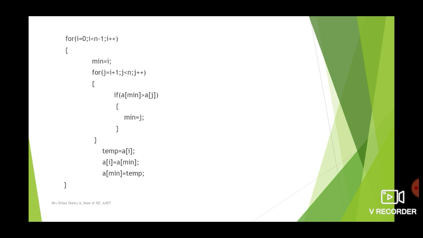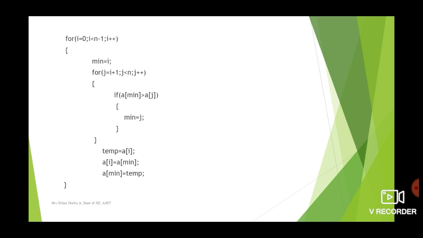So now this page has the actual implementation of the algorithm. So what happens here is, see, the first for loop has the same meaning. It indicates the number of passes or number of steps. So the number of passes, as in the previous case, is one less than the total number of elements in the array. So if the elements in the array are n, then the number of passes will be n minus 1. That means if n is equal to 5, there are going to be 4 passes.